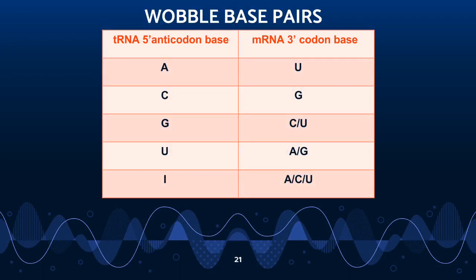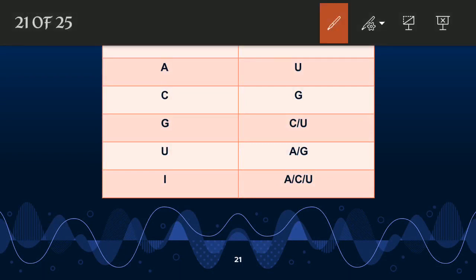We know that in Watson-Crick base pairing, A forms a double bond with T or U and G forms a triple bond with C. But in wobble base pairing, we observe